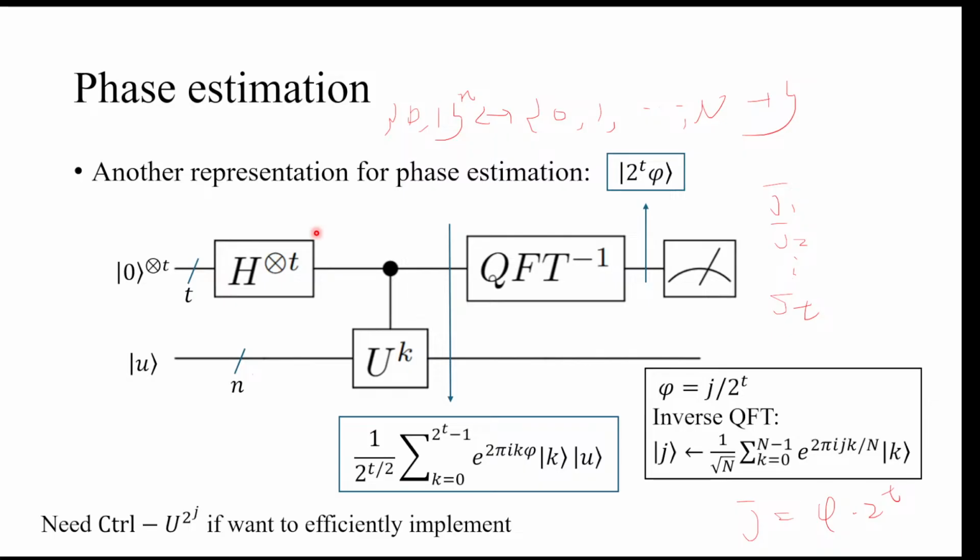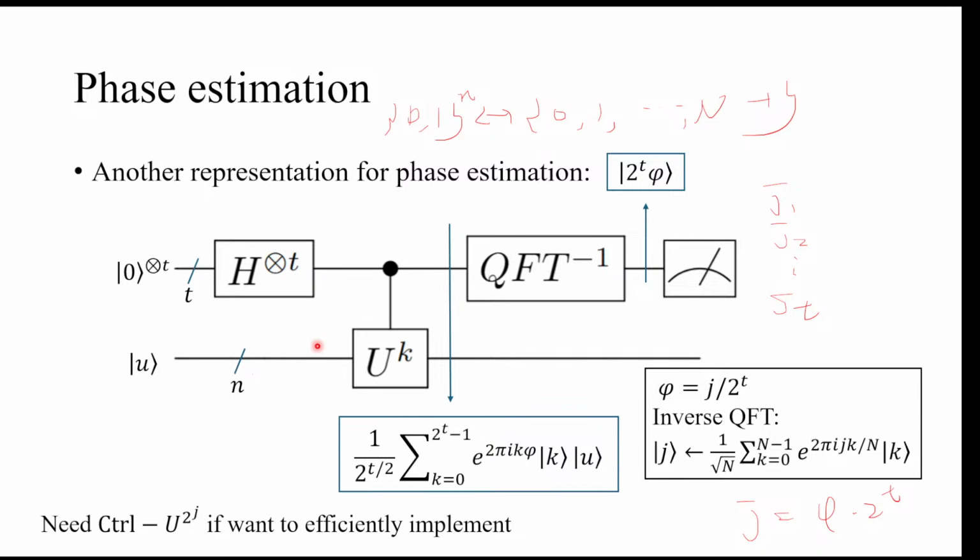We have a very clean representation. And here we write the phase estimation in an even more succinct presentation. We say we want to estimate some t-bit phi. Then we have t qubits here that record our t-bit answer. So we have 0 to the t, and we apply Hadamard to the t, so we get a uniform superposition here. And then we have some register that holds our eigenstate here. Then apply